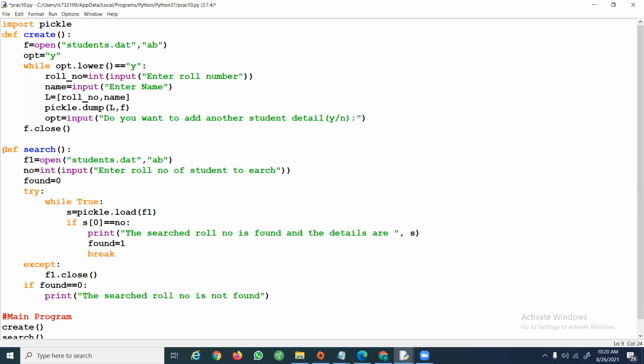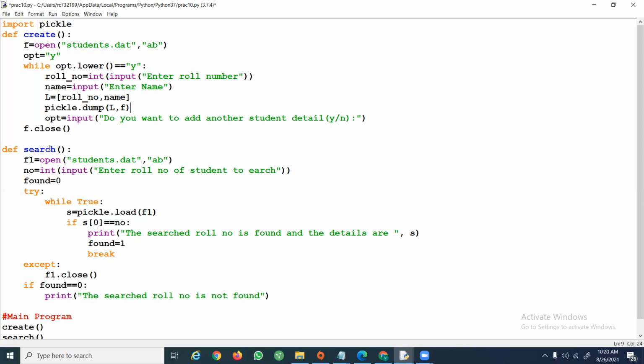Now there is a function called search. I have to search whether a particular student exists. If you are using binary file handling for your project, you can use these functions' code as such, with a little modification for the data you are collecting.